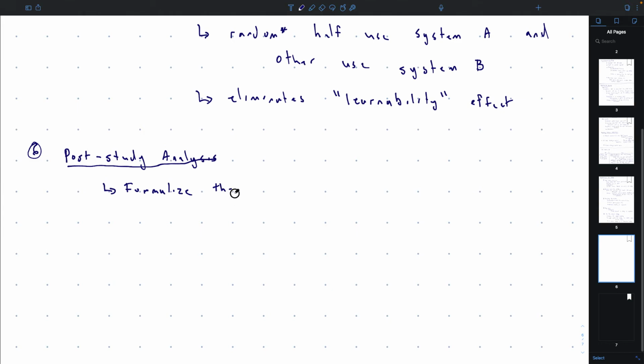But the way that you do it is, first off, you start with what's called a hypothesis. So you say, okay, this is what I'm measuring: system A is faster to use than system B. That's the hypothesis. Now, it doesn't matter. The hypothesis isn't necessarily that you're supposed to guess correctly what the outcome will be. If it turns out that B is faster than A, then that's fine. You're going to disprove your hypothesis in the opposite direction. That's just as meaningful. And so you don't have to worry about getting your hypothesis right. It's just about writing down what exactly it is that you're measuring between the 2. And so you formalize that into a statement, which is a hypothesis.